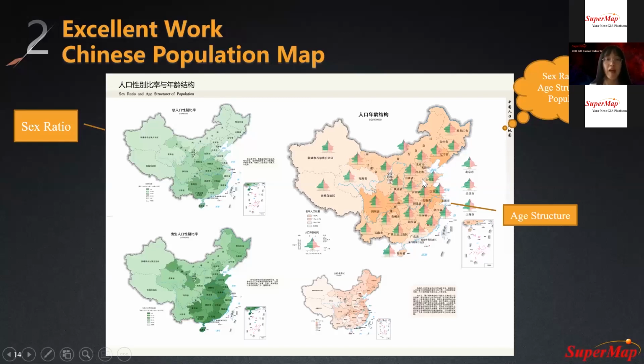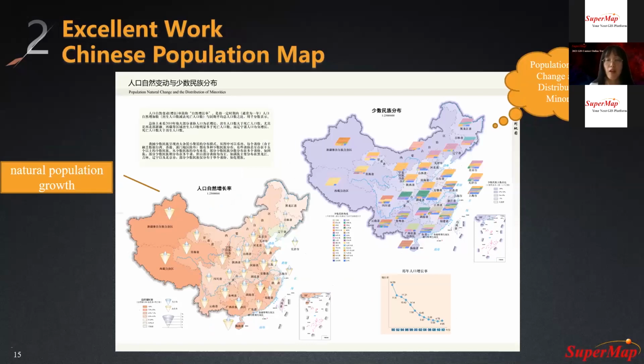The third map is the population growth map and the distribution of minorities in China. Since these two topics are equally important when you're doing analysis, we can see that these two maps are put side by side and with equal sizes.